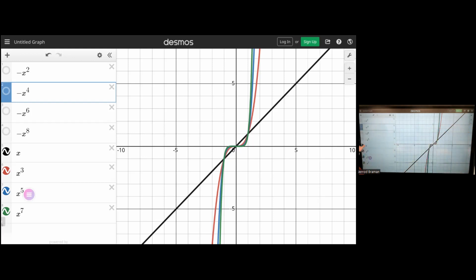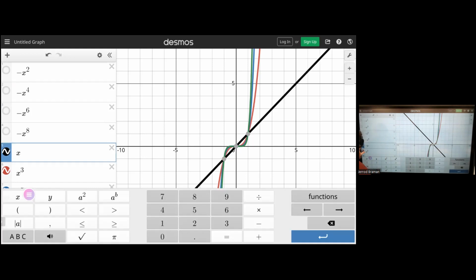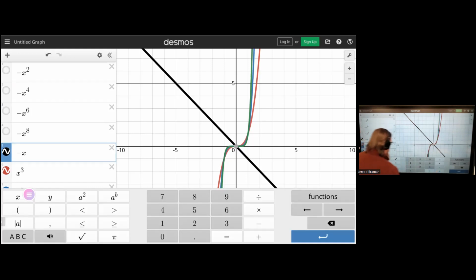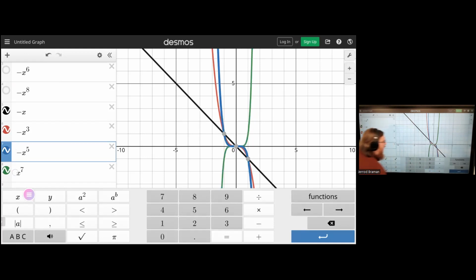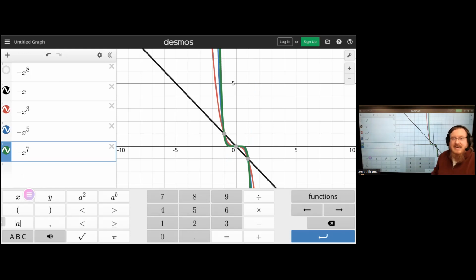If I made these negative, it's going to flip. Put a negative here and a negative here and a negative here and one more negative right here. You'll notice that they've all flipped. If it's a negative coefficient and an odd exponent, now I've got up on the left, down on the right. So let's go ahead and fill out this